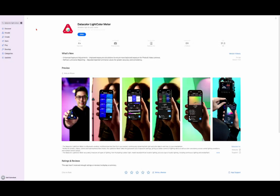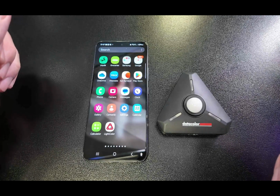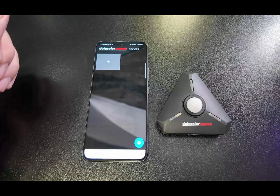Firstly, we need to connect this to our smartphone, where all the data is forwarded to in real time. So let's get my mobile phone and take it from there. If you go to your mobile device's app store and download the Datacolor Lightcolor Meter app and then click open. Once the app is downloaded to your smartphone, click on the app,